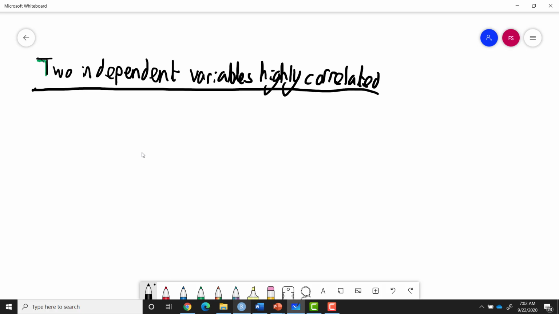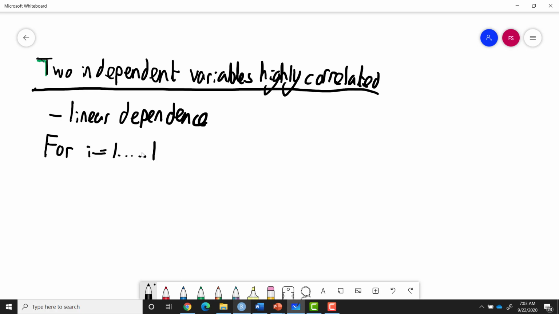And so how do we work? And this can cause problems. This can cause linear dependence and an unstable regression. So what we do is we basically have a regression. So for each i, so for each of our predictors, it's just saying for each of the i equals 1 to k, we do a regression